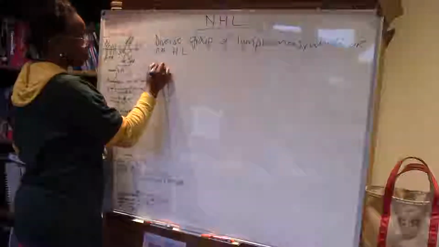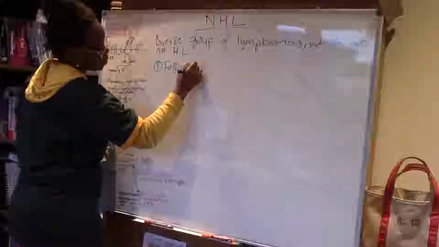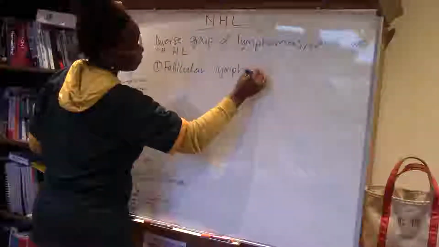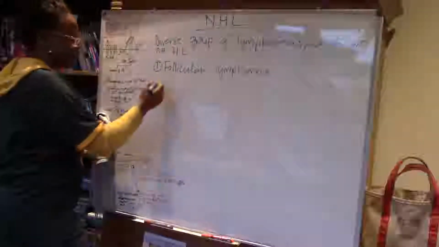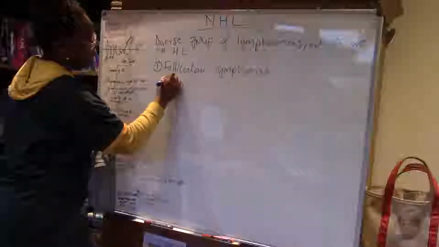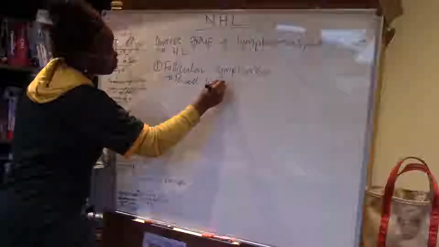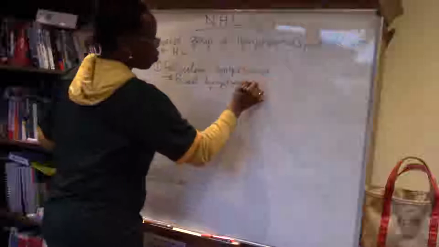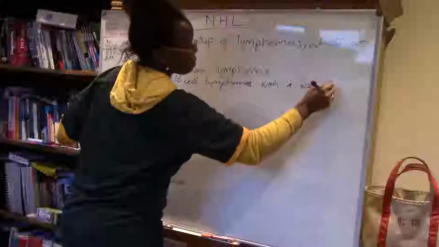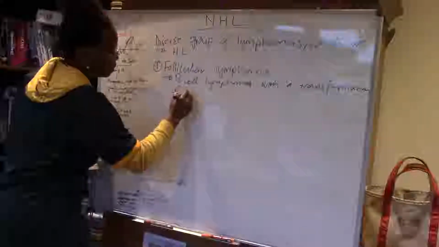So the first one that I'll just ever so briefly discuss is follicular lymphoma. And follicular lymphoma, obviously it is a non-Hodgkin, is a B-cell lymphoma with a translocation of T14,